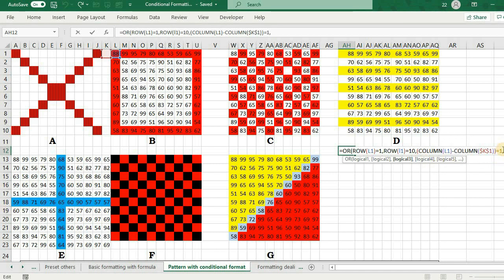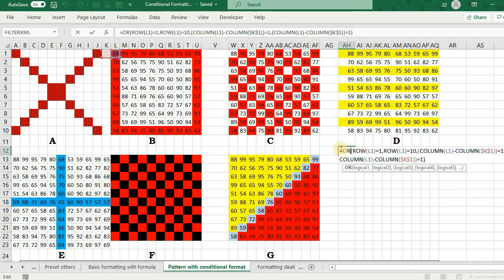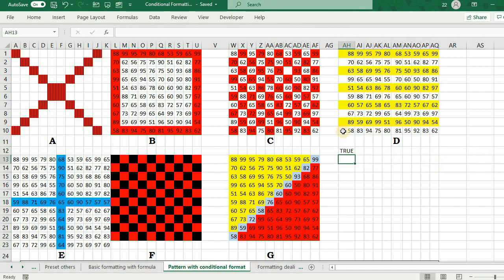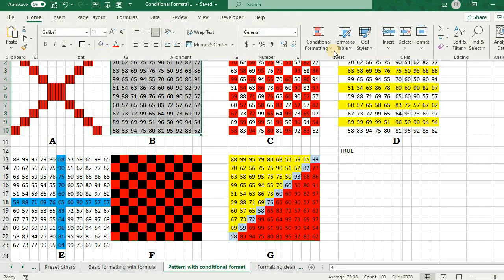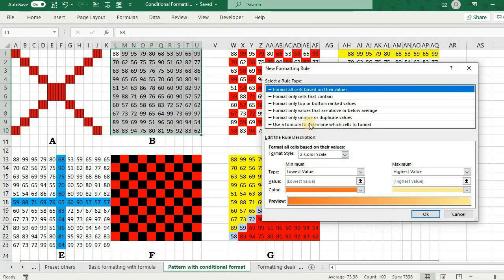So if that is the case, logical test. Okay. If either of it is true, then highlight the cell. I'm copying it, and then set another conditional formatting here, new rules, and check if it works or not.